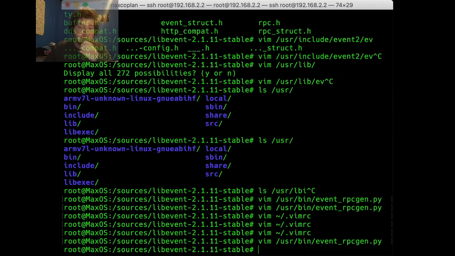Alright, anyways, sorry about that. Got super distracted there. And then we also installed some libraries, so libevent core, libevent extra, libevent OpenSSL, pthreads, and then just the libevent total thing in general.